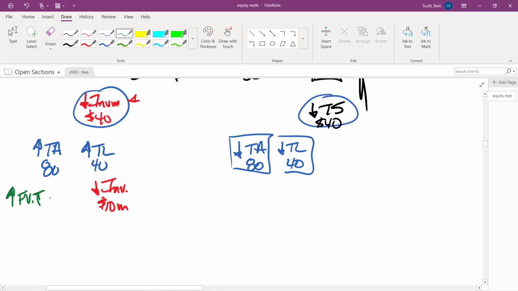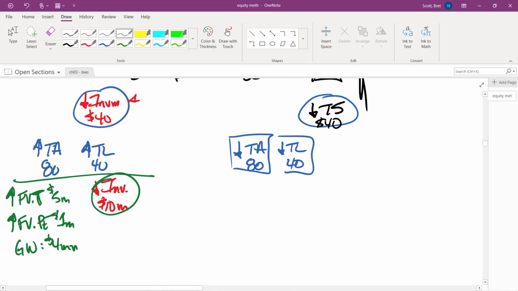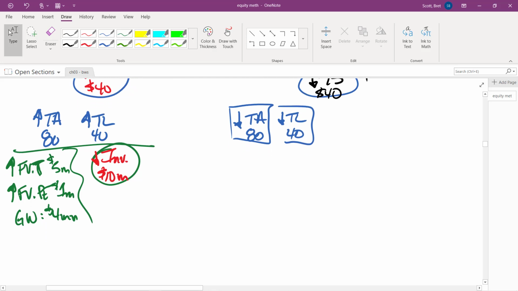Fair value adjustment for technology. So increase technology due to fair value for 5 million. Increase the fair value of my property and equipment by 1 million, and then record goodwill for the remaining portion of 4 million. So essentially what I'm doing here is I'm swapping out this remaining 10 million in the investment account. I'm swapping it out for these other asset account adjustments. That's what's going on. The end effect here is, when all is said and done, we're not showing any total assets,